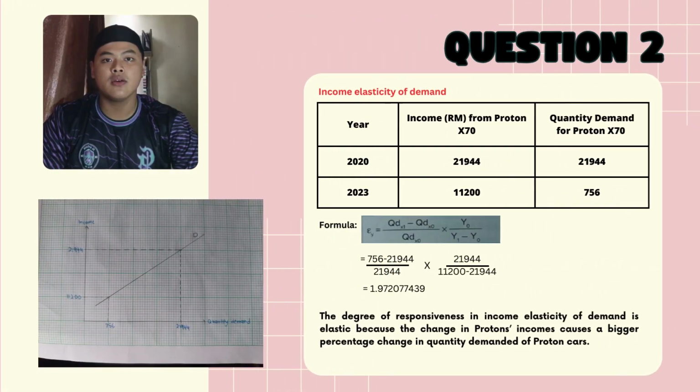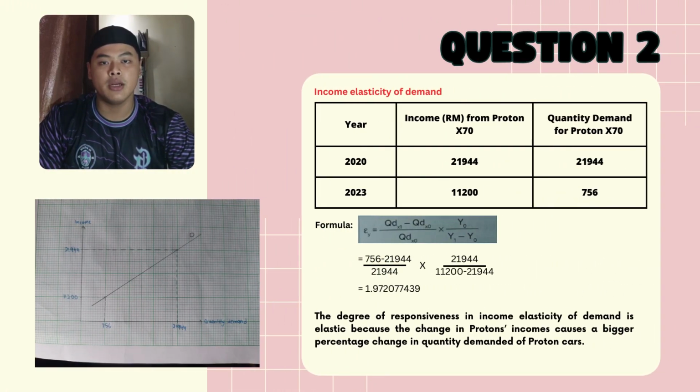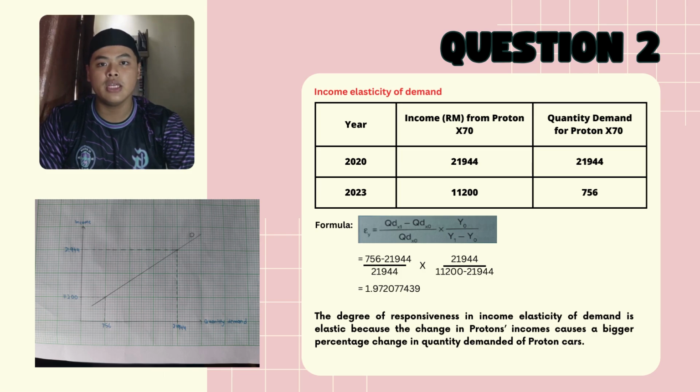Then we go for the second concept, which is income elasticity of demand. For this question, we will use income from Proton cars. Then we insert all the information given into the formula of income elasticity of demand. For the final answer, we will get 1.9720774439. As you can see on the graph, it shows that an increase in income from 11,200 ringgit to 21,944